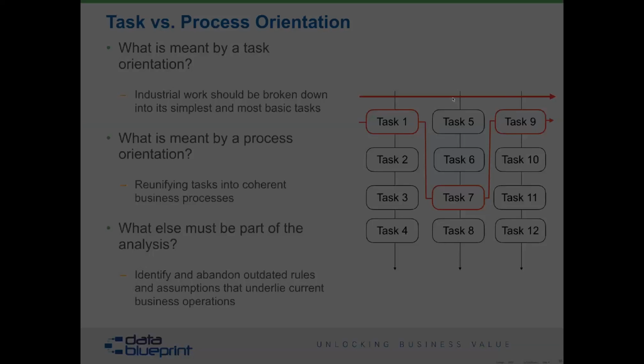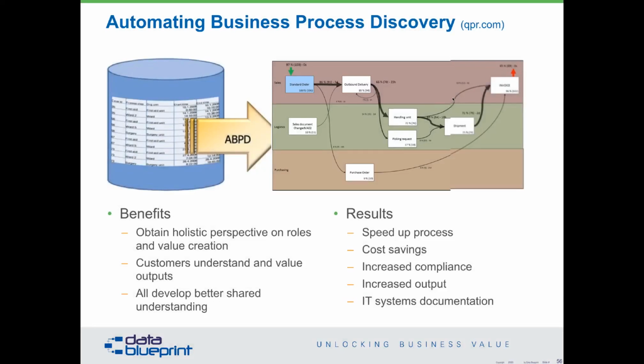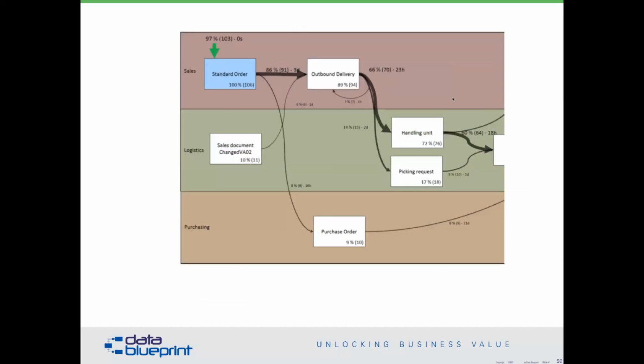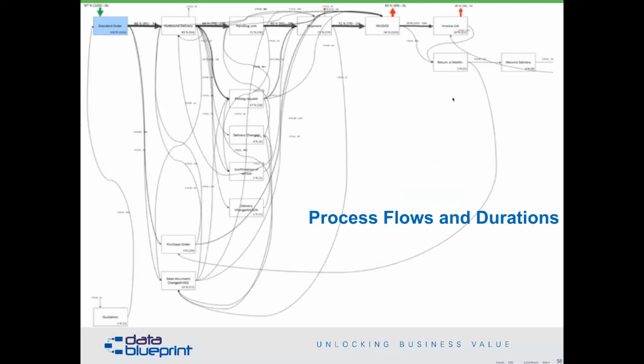How does one go about the process of understanding existing business processes? Well, if you're not one of the fortunate organizations, 1 in 10, that has a fully managed business process architecture, you can do some things. There is a wonderful company in Europe called QPR that you can feed log files from your various systems to, and these log files will show you what look like preliminary process models. These are not absolutely perfect process models, but I'd sure rather start from this than go back to the very beginning with a blank sheet of paper and say, all right, tell me about your business.